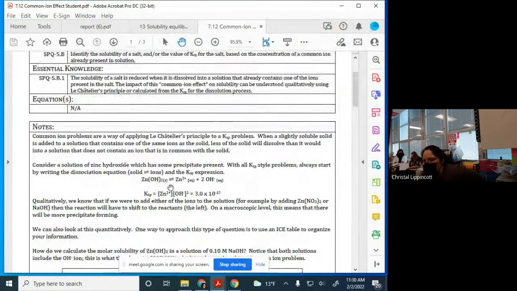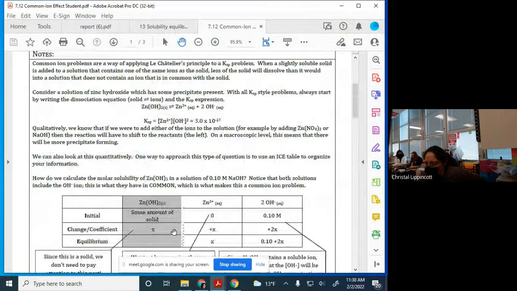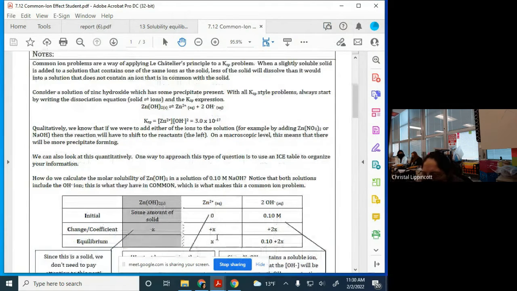So essentially, I've gone through a lot of this. We're just going to go through some of the problems here now. Did I blot any of this stuff out for you guys? Or did I leave it in there? Okay, good. All right. So what common ion means is when we are working with these,